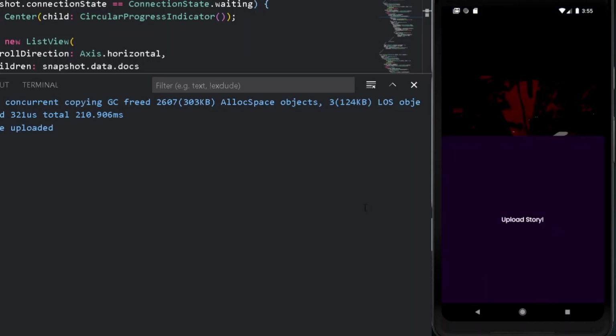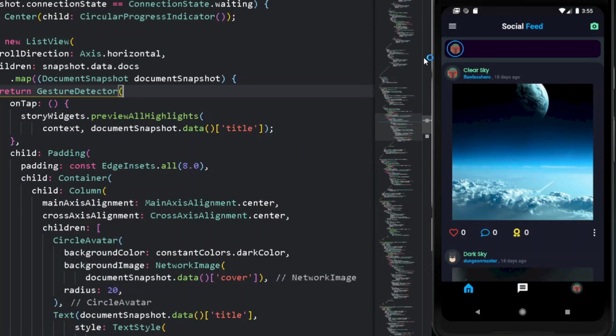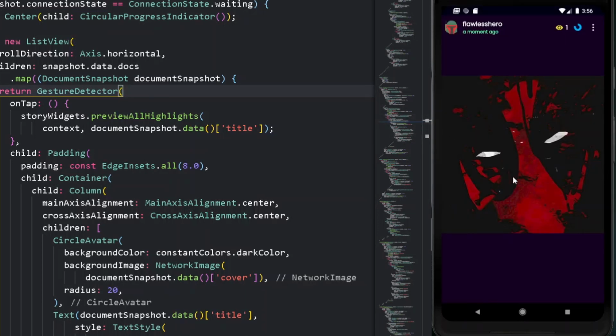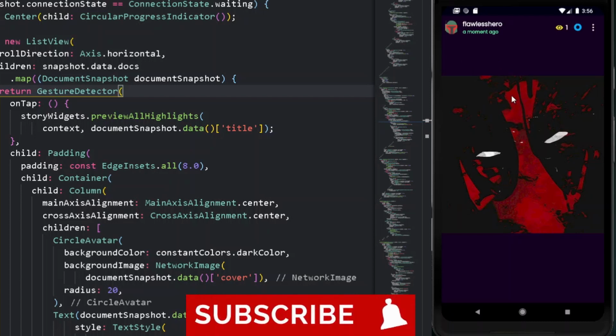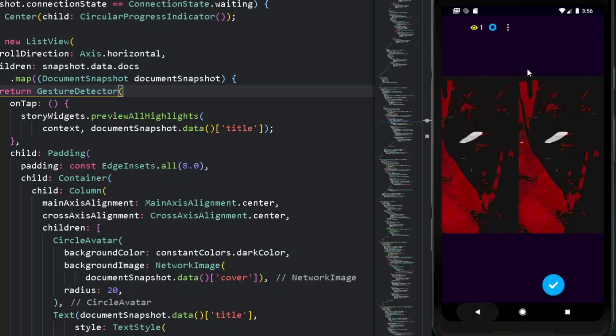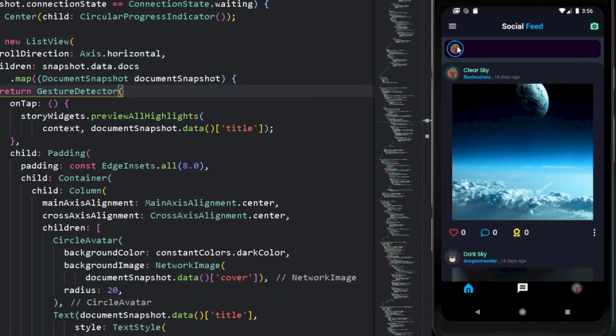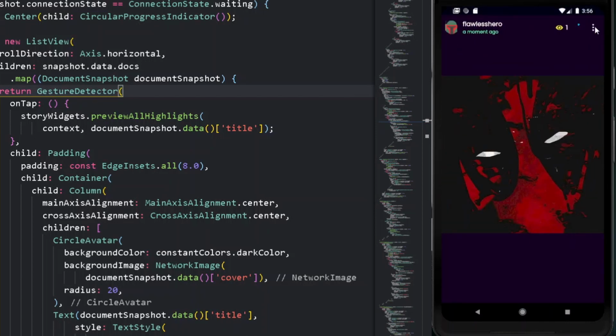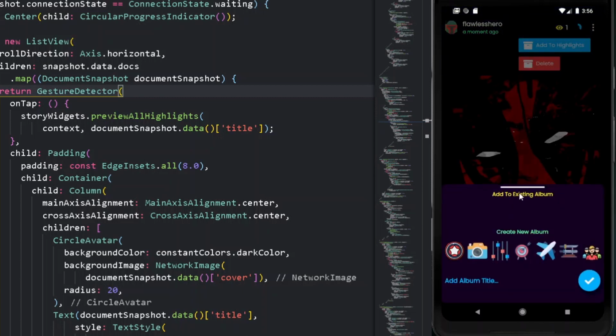Alright, image is uploaded. Cool. So now we can see, let's open it one more time. We can see we are getting our image. Don't worry, the internet is slow because the Android emulator emulates our entire thing very slowly, but regardless of that, we have successfully added a new story under our entire The Social. So now we can go back, and here if we go one more time, we can see we can add the following highlights to our existing collection.